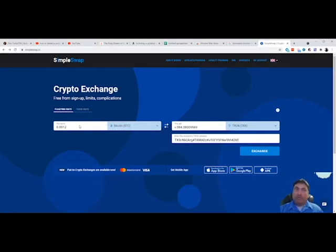You don't have to log in and sign up for all these websites, do your two-factor authentication, all that fun stuff. And then when you want to do a withdrawal from an exchange, that's a process sometimes, using passwords and all that fun stuff. With this, it's so much more convenient. You don't even need to be a member of an exchange in order to make this work, okay? So you go into your Cash App wallet, and after you tell Simple Swap what you're trying to do here and hit exchange,